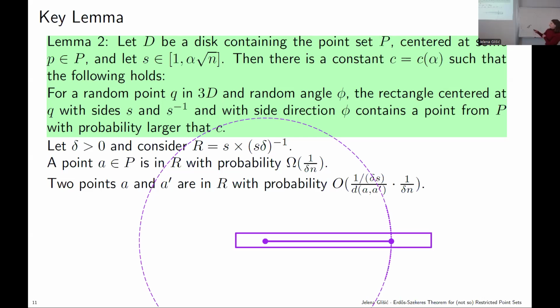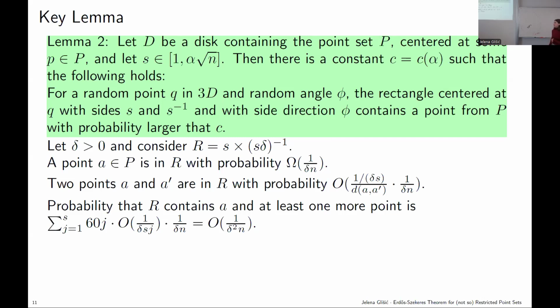And you can see that it's really a small angle where this point can possibly lie. So it could only lie here. And this is how we get this number. It's not on this picture, but the probability that we have some 2 different fixed points is at most this,